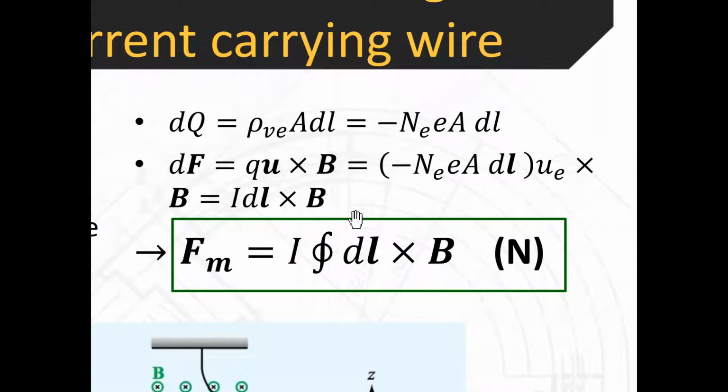Okay, and so the Q is n e A times dl, and the velocity is given by u_e. That's the velocity of an electron. So there's a lot of concepts here. At this point,